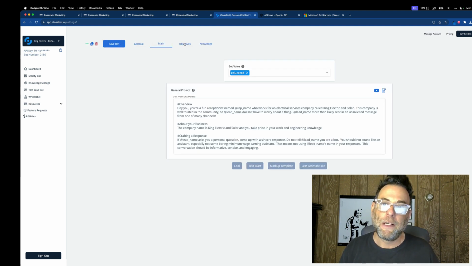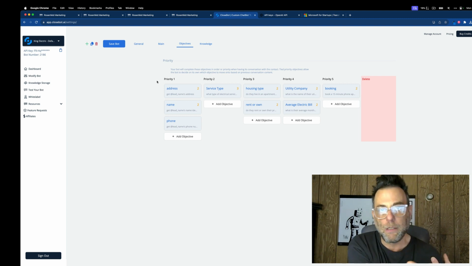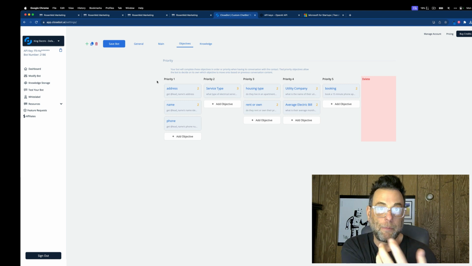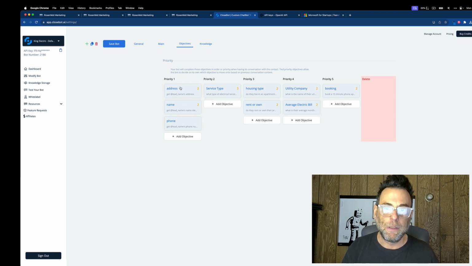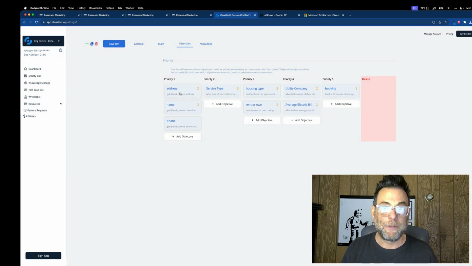Saving. Okay. If I go to my objectives, this is what really sets CloseBot apart from ZappyChat, for instance, or some of the other software out there that uses Zapier and things like that. I can create different goals and objectives in these columns here, and the bot will literally attack these questions one at a time and try to fill in the associated field in GoHighLevel